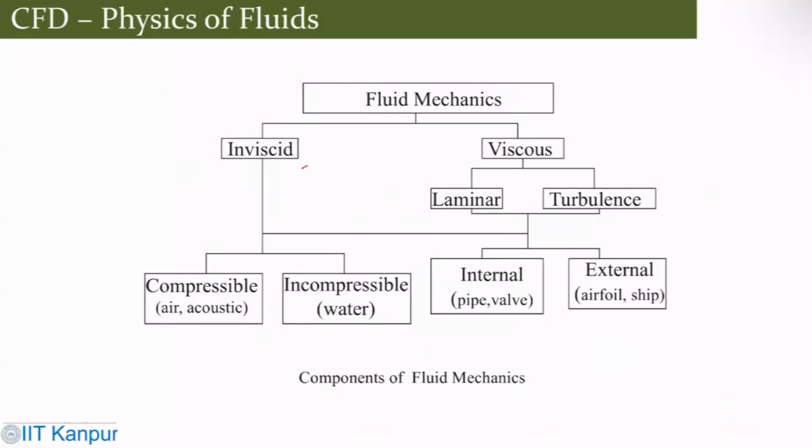Okay. What happens in fluid mechanics? You have inviscid flow, you have viscous flow, which could be laminar and turbulent. Then again, flow can be internal, like pipe and valve, or external, like airfoil. So our wind energy, wind turbine, belongs to the external flow, the turbulent external flow. Then you have compressible and incompressible, but most of the time we are dealing with an incompressible situation here.